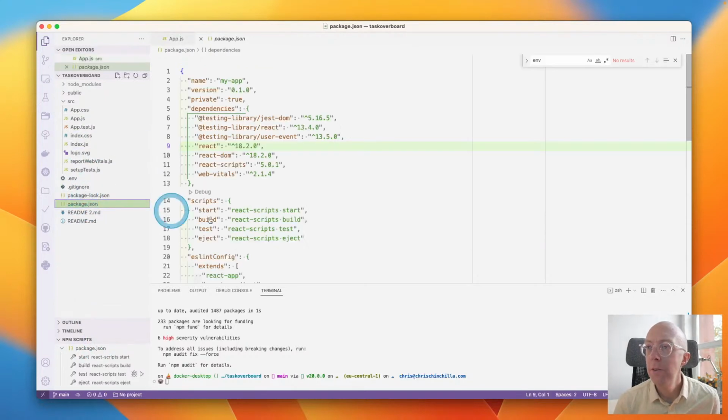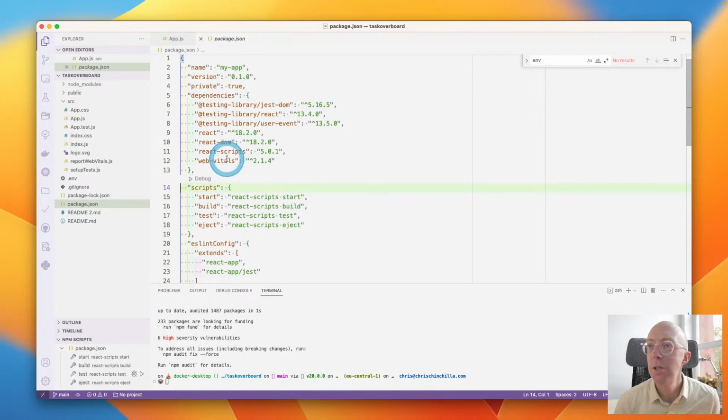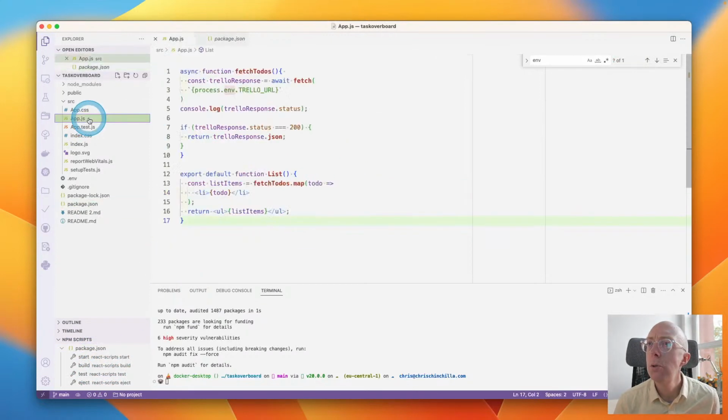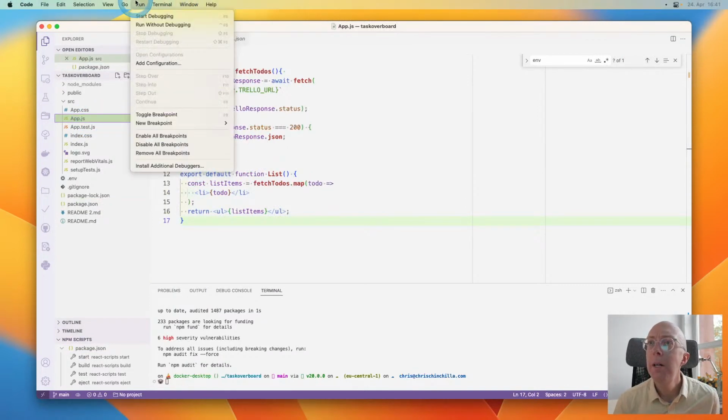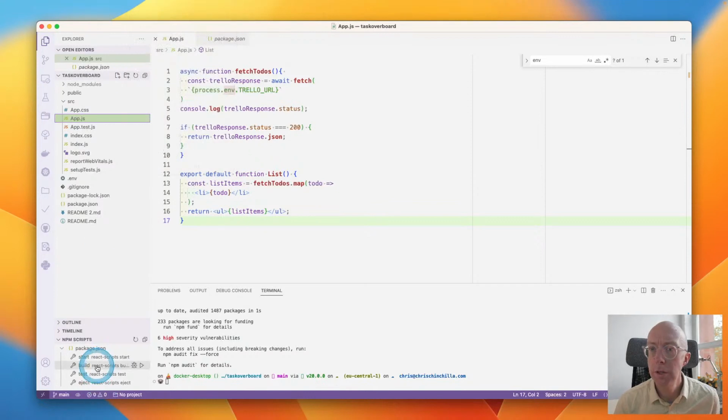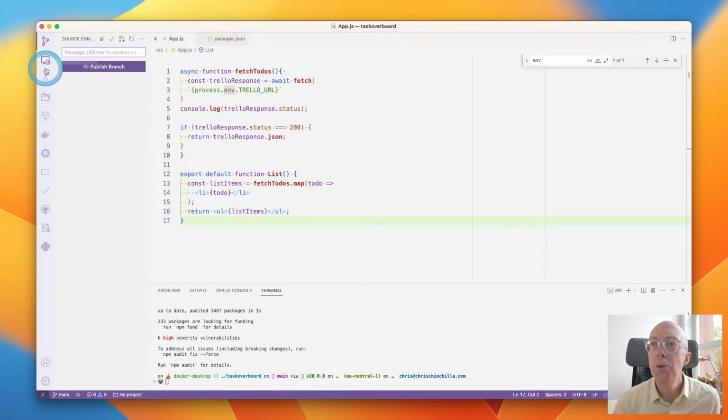We have a sort of smart package.json, which will show us versions of packages. It'll show us npm scripts. We can even do a run install. We could jump into the debugger somehow if we wanted to run these scripts. We could look at the source control, even though it's a bit messed up, and I'll have to figure that out later.